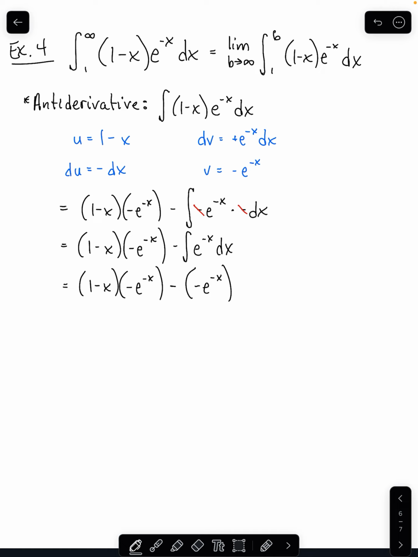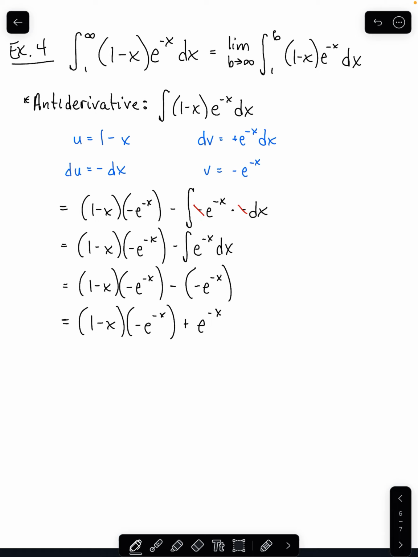As we already saw, the antiderivative of e to the negative x is negative e to the negative x, so that this cleans up one step further as plus e to the negative x. Now again, you can play with this as you wish to simplify it. At this point,